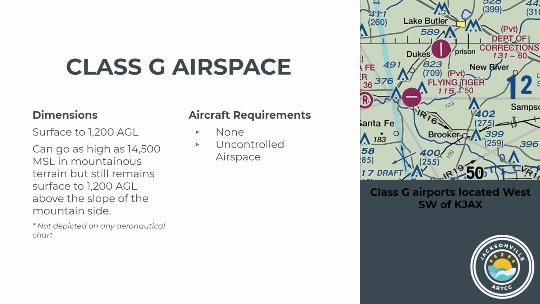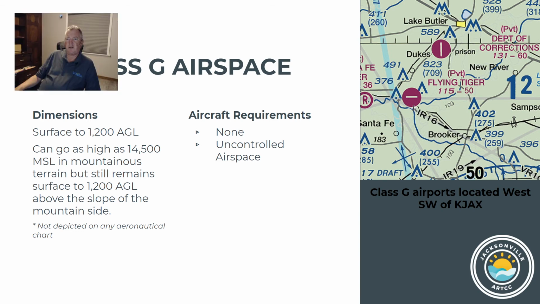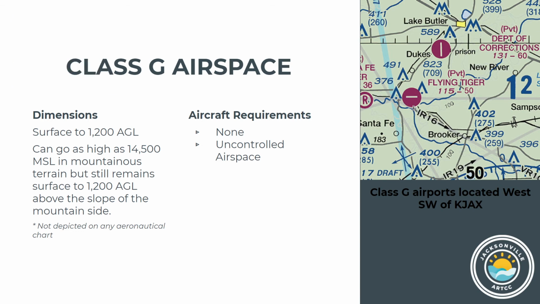All right, Class Golf. They're the maroon circles. They've got a general description of which direction the runway is running, and not a whole lot beyond that. They'll tell you very simply the elevation at the highest point of the field, and they'll tell you the length of the runway. But that's really all it is. Most of the time, these are private, indicated by PVT above, and so the only time you're going to land on them is when it's an emergency, and frequently, if you land there in the real world, you're not taken off again